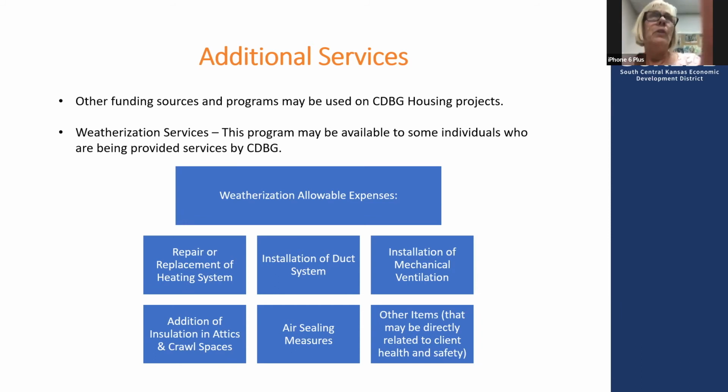And I mentioned this on the last one that we do it under weatherization. And before we go, I know that the landlord is not who qualifies for the program. It will be your tenant who lives in it. They are the ones that will qualify by their income. So in weatherization, also we have a program